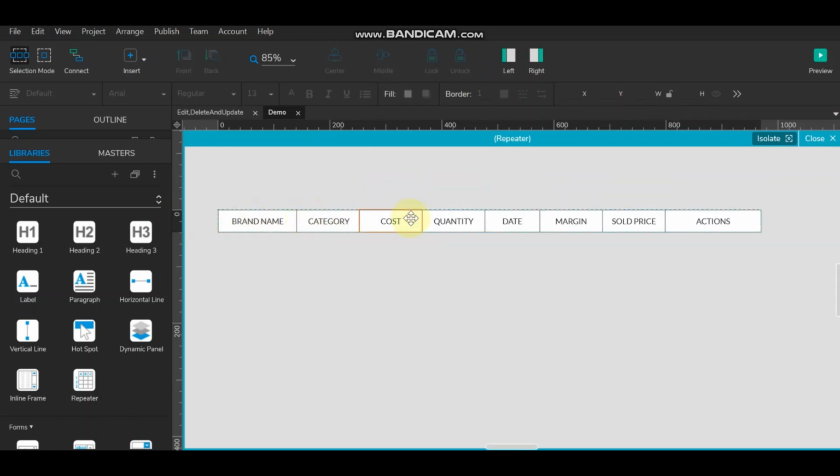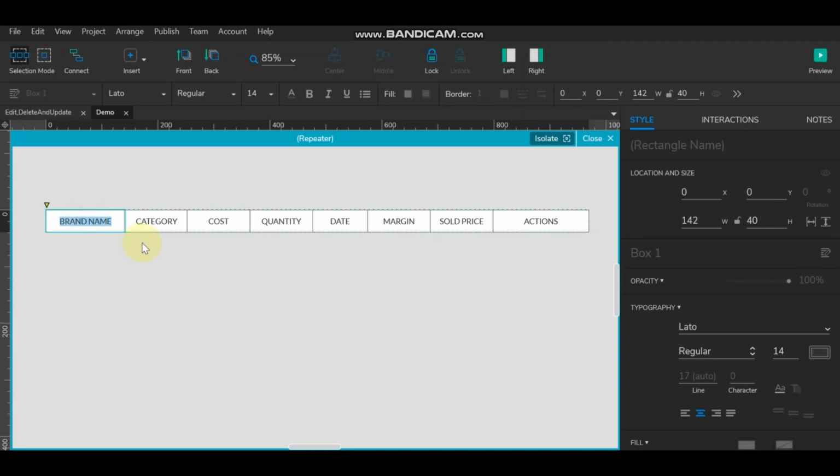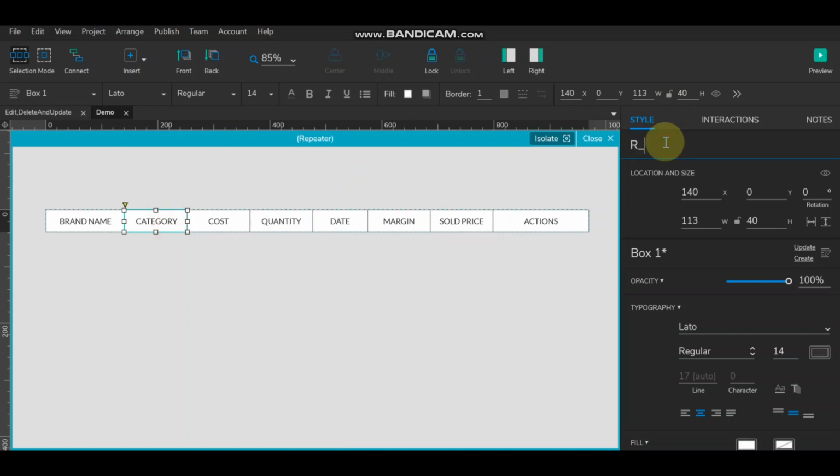So here category, cost, quantity, date, margin, sold price and action. So we'll create the table, this repeated data with the same name, and even here also we'll give the same name. So first we'll rename it. This is the brand name, and for the differentiation we'll give this car underscore, so it will be easy to understand while we are assigning the value. So car underscore